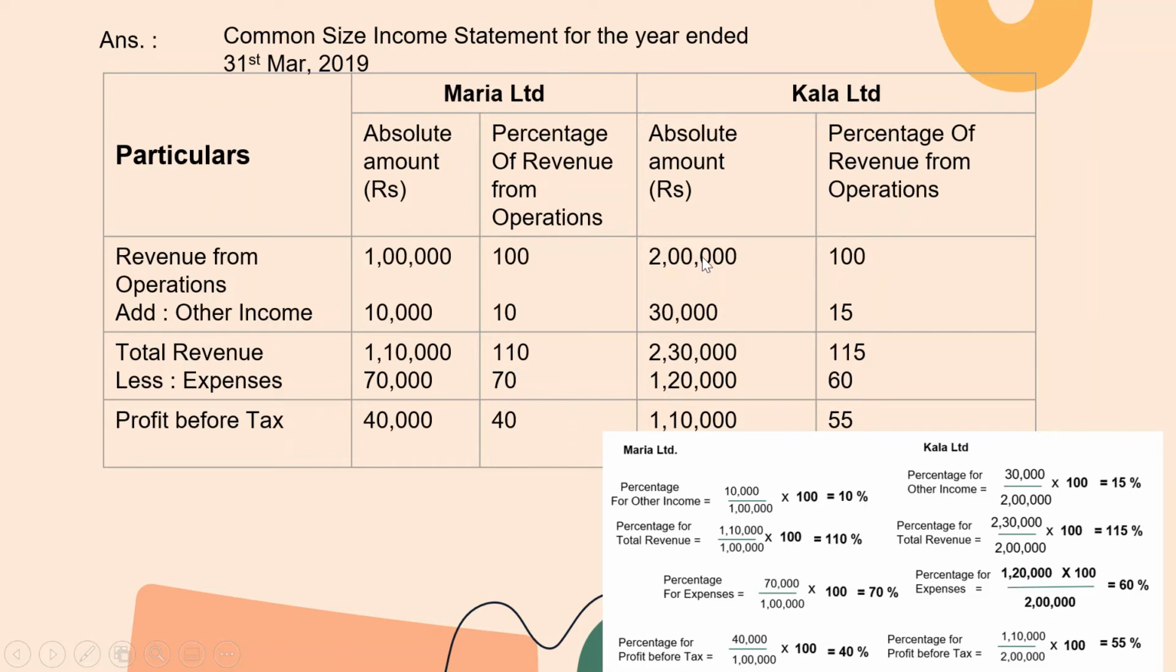So like this, Kala Limited also 2 lakhs, 100, 30,000 by 2 lakh into 100. When you simplify, 15. So when you add these two, 1 lakh 15. And then for expenses, 1 lakh 20 divided by 2 lakhs into 100, 60%. So when you subtract, you will get the answer like this. And now